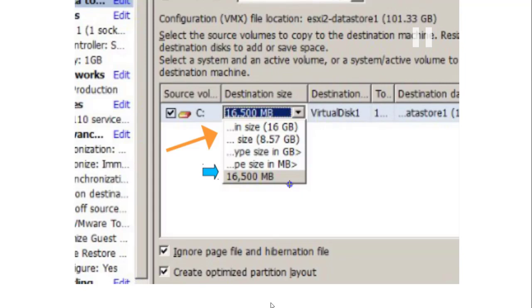If you want to change the size, to increase or decrease your hard drive size, you can choose the second last option, the size in MBs or GBs. These two options are used to increase or decrease the hard drive size of your new virtual machine. And the second option is very important, which is called 8.75. Basically it tells you that this is the minimum size for running this OS.